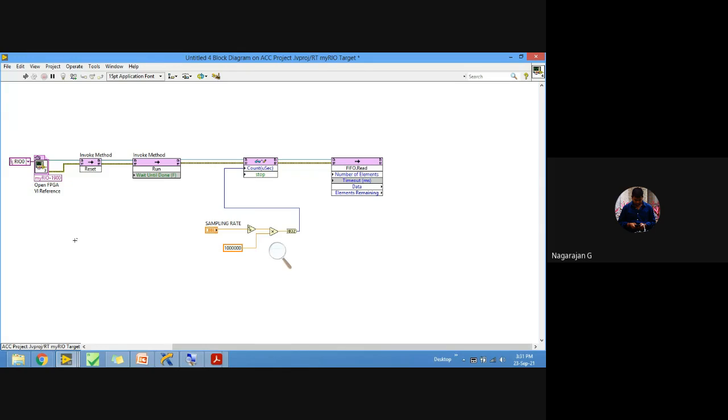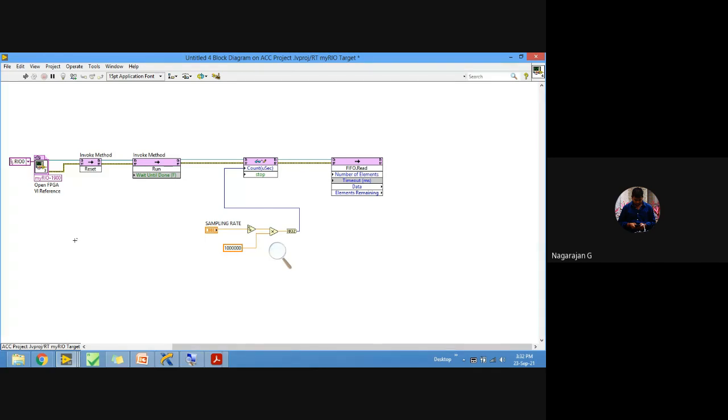Okay, and then wiring a 0 constant to the timeout. If you use the FIFO method, that will be used only for a single cycle timed loop. If you see here, FIFO out is the reference which is going to provide the reference out over there, and we know the elements, so it is going to give the oldest data, which is the first data present